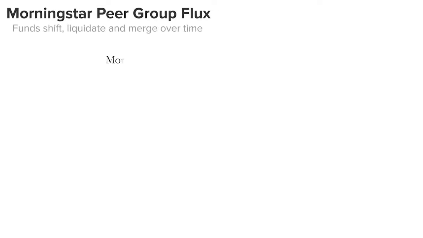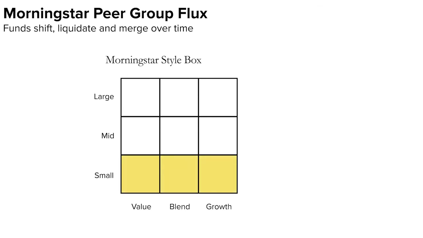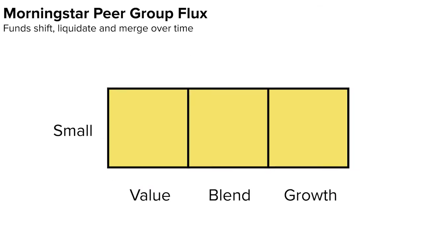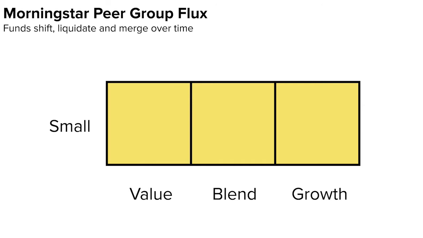differently. So you did a deep dive into the small cap category. How did you compile that data? What we did to compile this data is we tried to actually recreate what a Morningstar category looked like 10 years ago. So we were looking at just the small cap categories for this exercise. And so we looked at all funds that were in small cap blend or value or growth at year end 10 years ago, adding back in all the liquidated funds and all the merged funds just to create a picture of what that would have been. And we did that for 10 years ago, for 5 years ago, and for 3 years ago, then compared it to today.